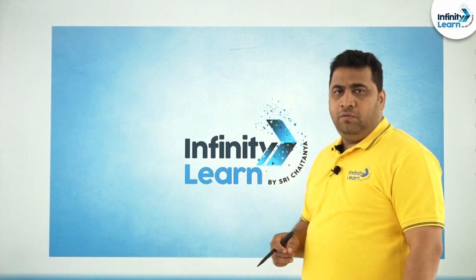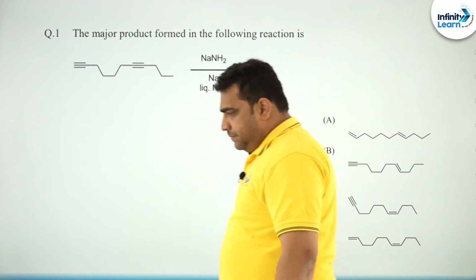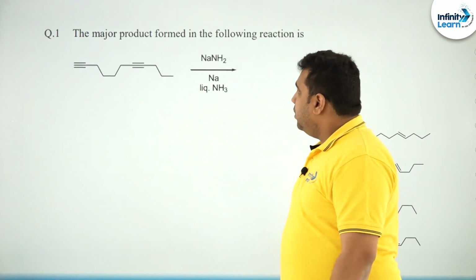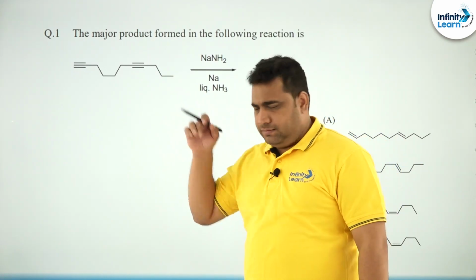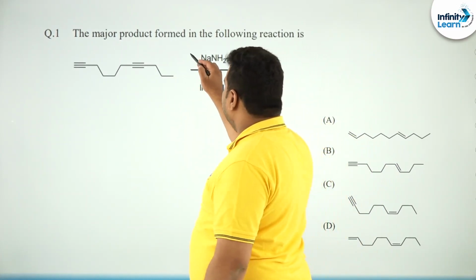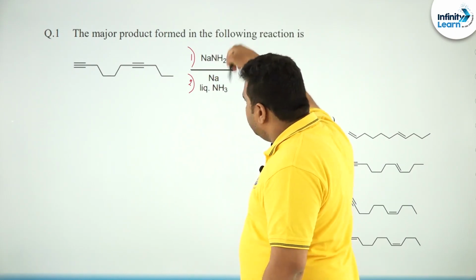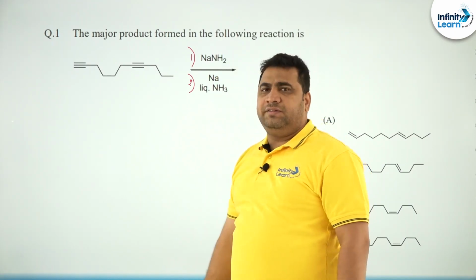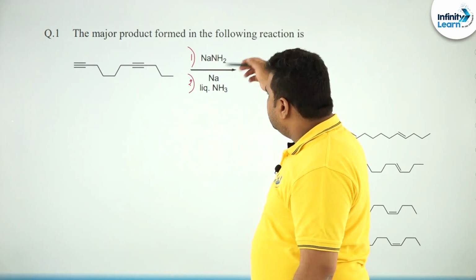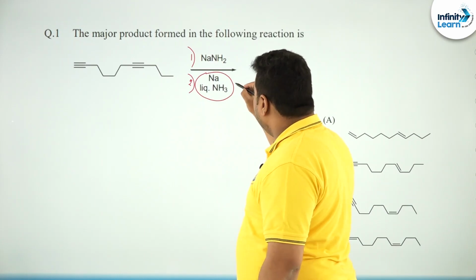2021 paper 1 chemistry. So, dear students, the first question which came in your IIT JEE is this one. The question was, the major product formed in the following reaction, and some reaction is given, which you can see. Before I begin this, I would like to say that this is 1 and this is 2, because both you can't mix in the same beaker. So, a good student will understand that this is 2 steps, because both cannot react, because if you mix both also, that is different, because this reagent is nothing but it is called Birch reagent.